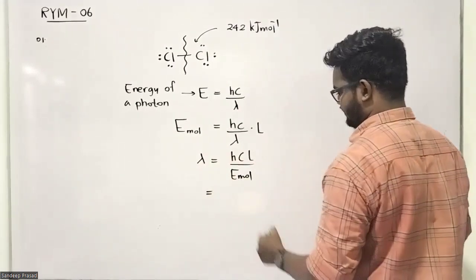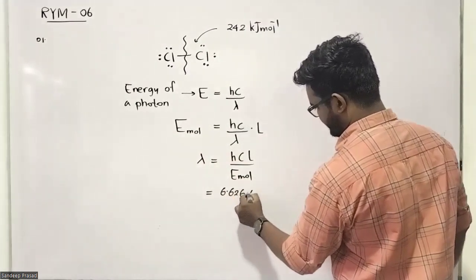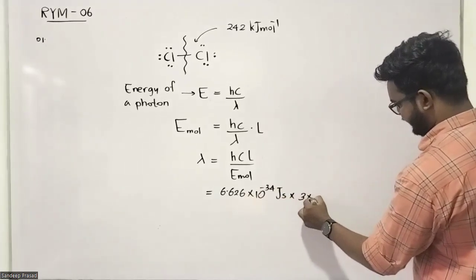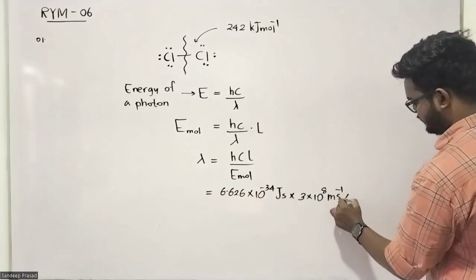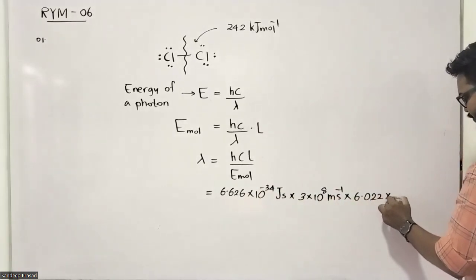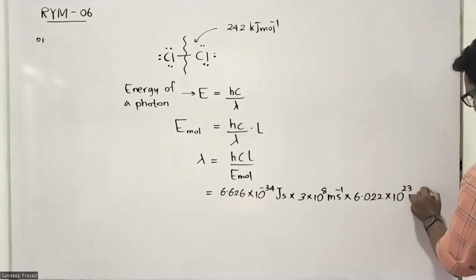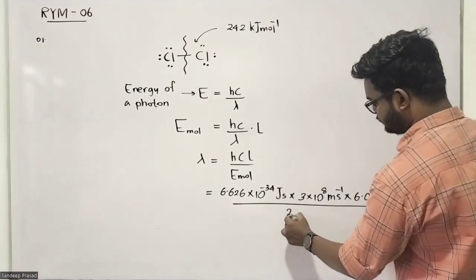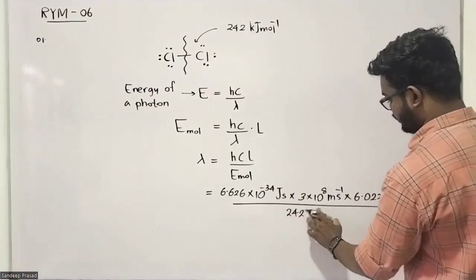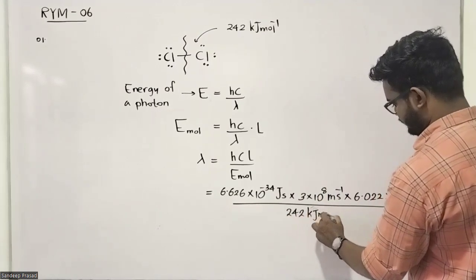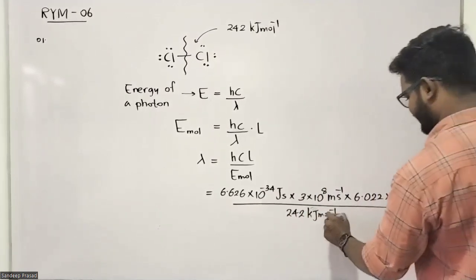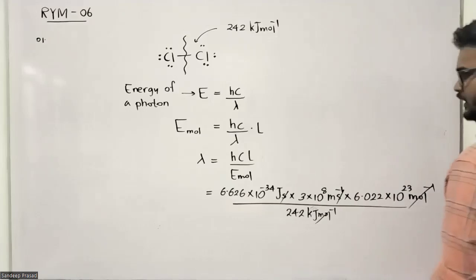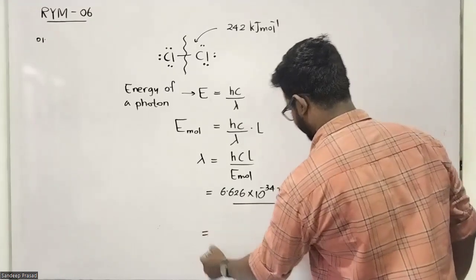What is the Planck's constant value? 6.626 × 10 to the power minus 34 joule seconds. Velocity of light, 3 × 10 to the power 8 meters per second. Avogadro number, 6.022 × 10 to the power 23 per mole, divided by energy per mole, 242 kilojoules per mole. So you can see that the units are cancelling off. Per moles cancel off, second per second will cancel off, and we can get that